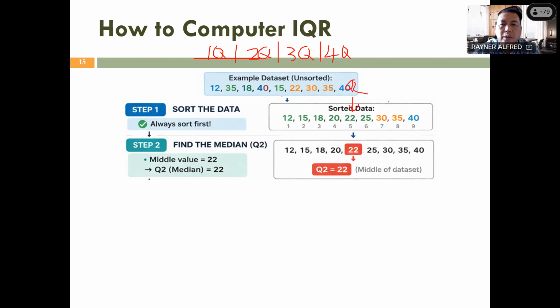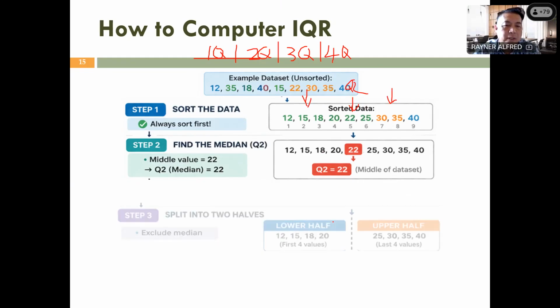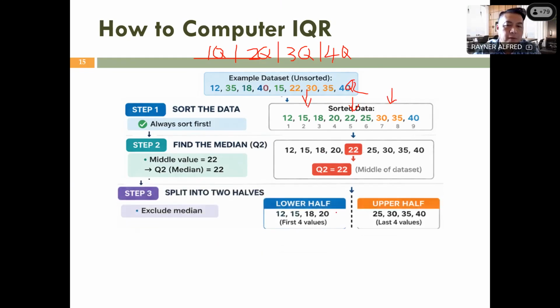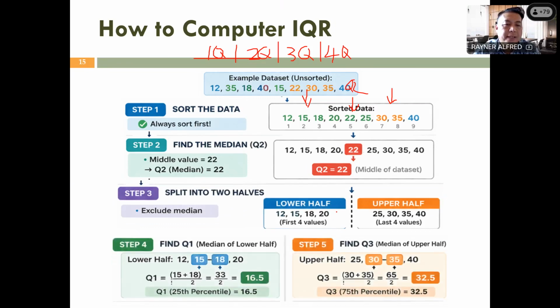So what we need to do is find here the Q1 and the Q3. So how do we find that? We just find the median. Okay, we split them into 2, and then we find the median from the lower half and the upper half. So we will get this value,